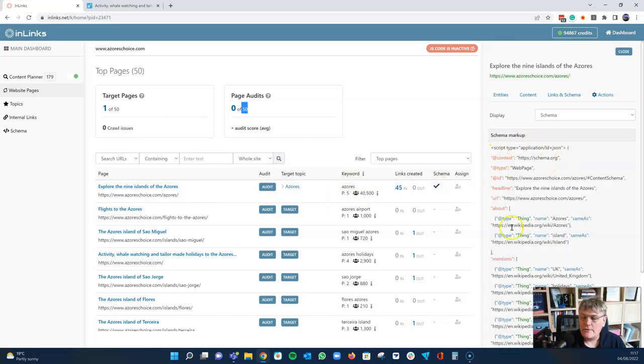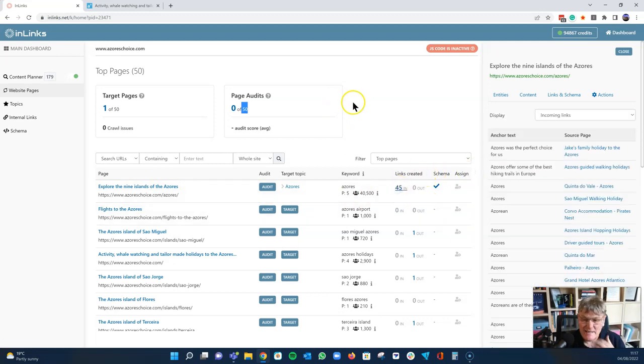And we need to be able to see the schema that's generated or the links. Some links or schema need to be generated before we can verify that the code is active. So let's make a couple more associations and then show you what the magic is doing and how to play with it. So this may be a page that's about